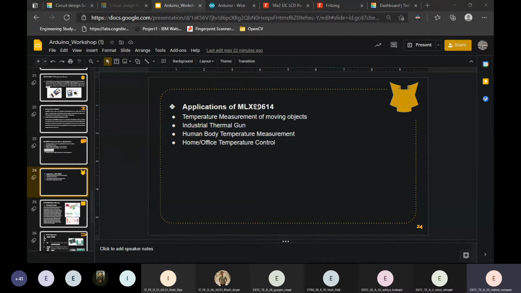As I said, we are connecting this VCC pin to the 3.3 volts and the other one to the ground. And this is the SCL pin, as you can see. That is the serial clock pin, which is connected to the analog pin of this Arduino Uno.